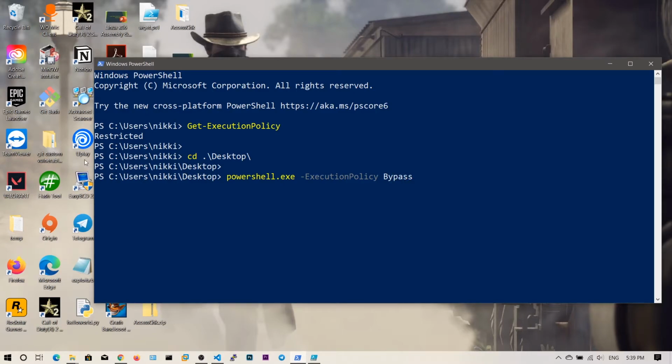After bypass you need to specify the file name, the PowerShell script that you want to run, that is hello world.ps1. If you run this one, you can see our script has been executed.